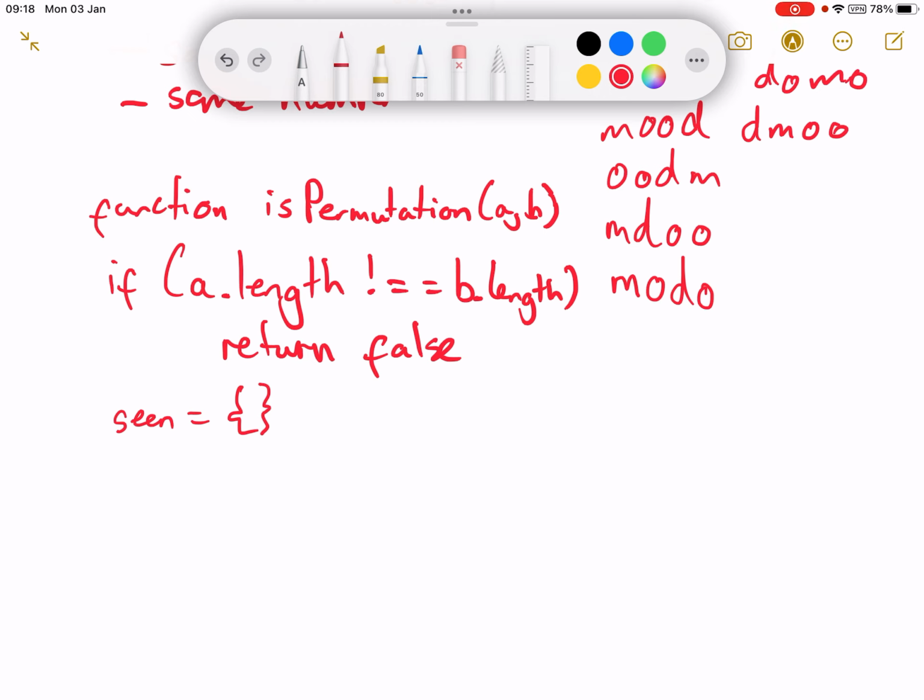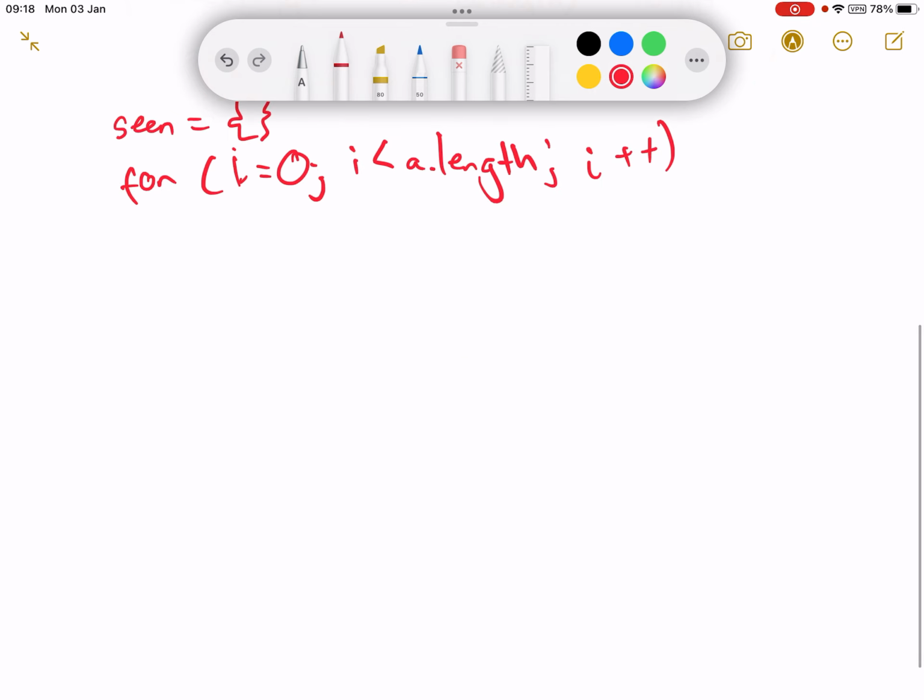So we're just going to do a frequency thing for I0, I less than A dot length, then A plus, I plus plus, then the frequency. So if seen